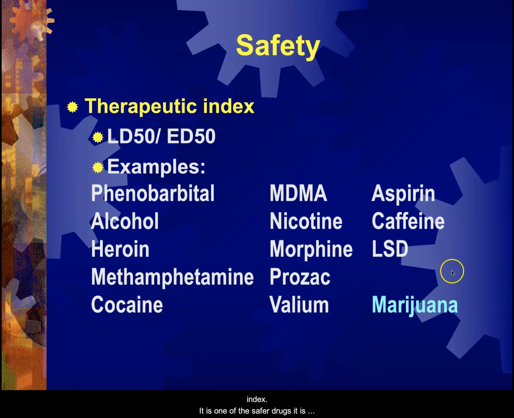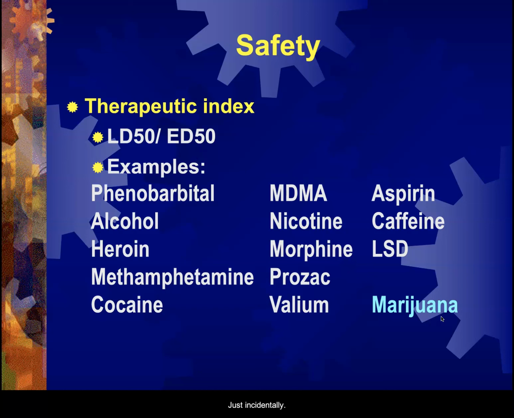It's one of the safer drugs. It is a Schedule I drug, along with marijuana. Cannabis therapeutic index is at least 1,000. Some estimate it as high as 40,000. And it's only an estimate because, as we've said before, there is no known overdose of cannabis. So it's one of the highest known therapeutic indices of any drug known. Yet, it is a Schedule I drug.